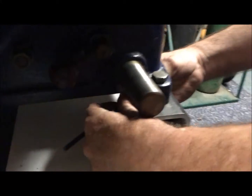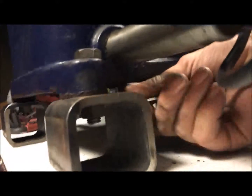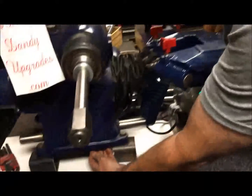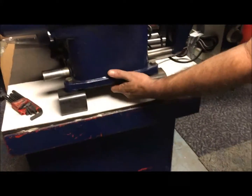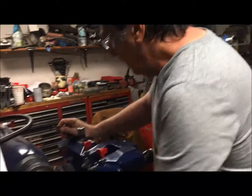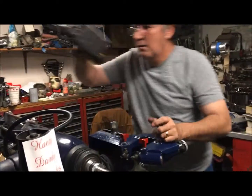You might have to clean out the hole. But that's where the Allen wrench goes there. And there's another one on this side in the same place. You loosen those set screws, take them out, clean the guide bar under here so that you can get yours out. Get your brand new guide bar, and when you go to fit your new guide bar, you just get